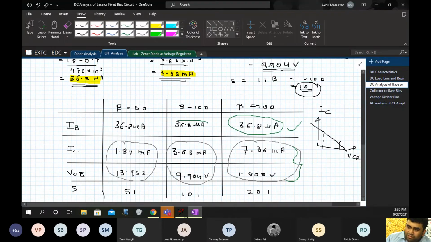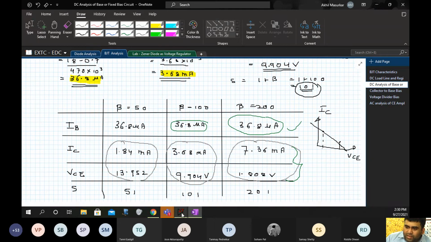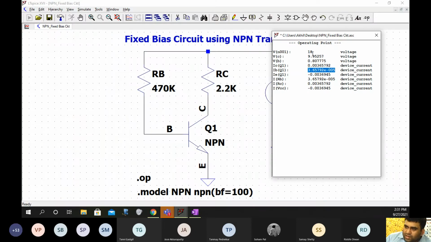For beta equal to 50 also the IB will not change, and what is going to change is IC and VCE. So VCE is 9.9, IC is 3.68. You can see VC is 9.9.